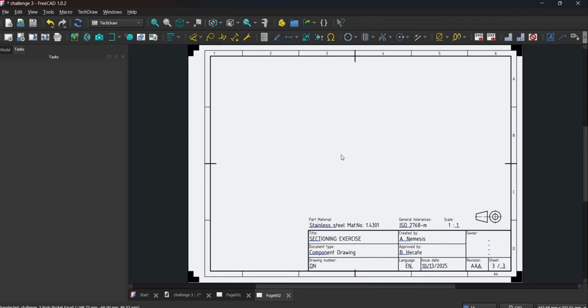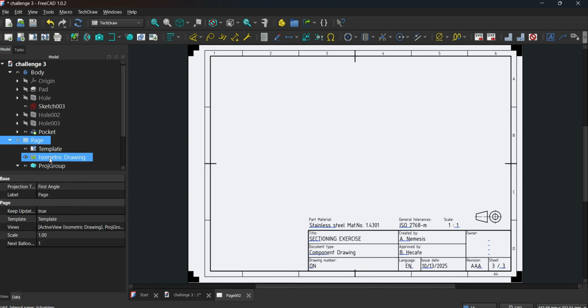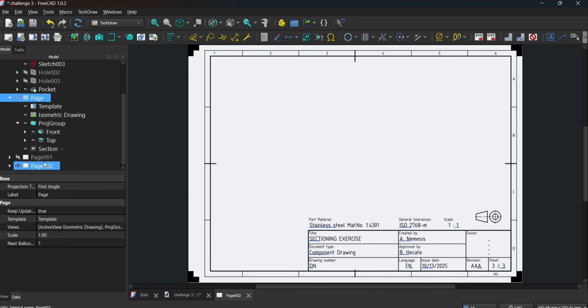Okay, so let's start. Let's go back to the 3D model. So we are now on page 2 because page 1 is blank. Now we are going to use page 2. To avoid confusion, we can close this page so we can focus on page 2. Never mind this page because this one is our final product. But since we are going to repeat it, notice that we have page 1 here and page 2.